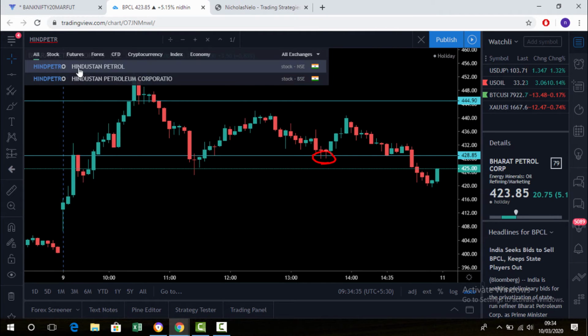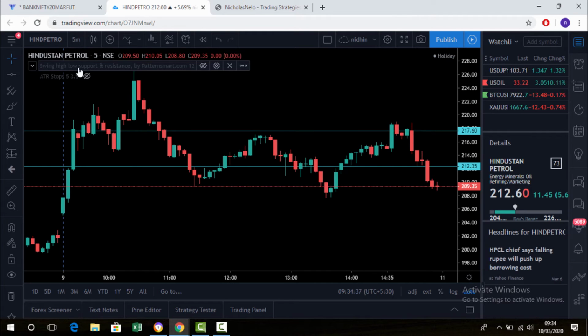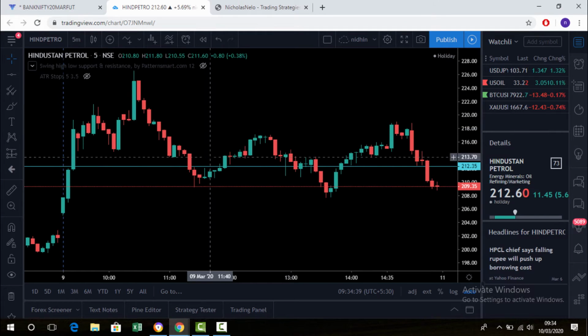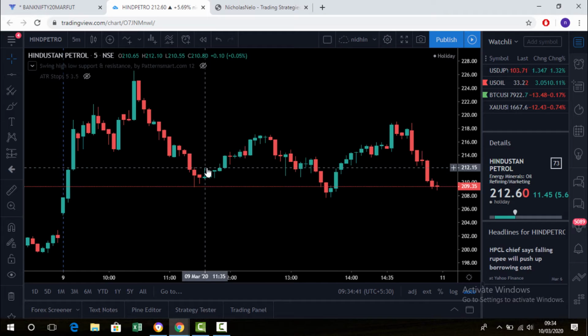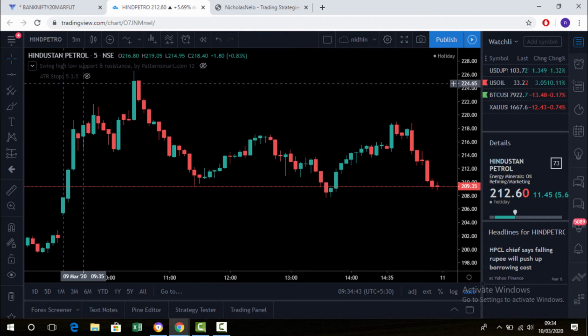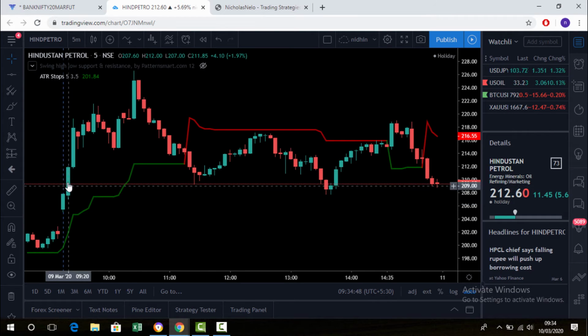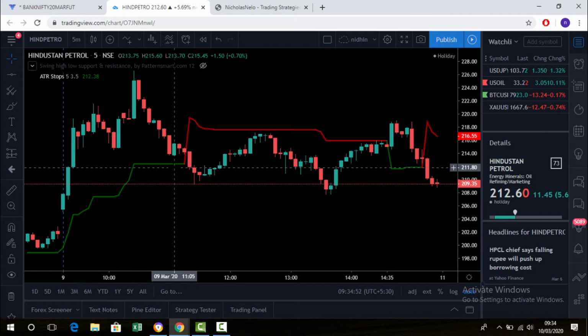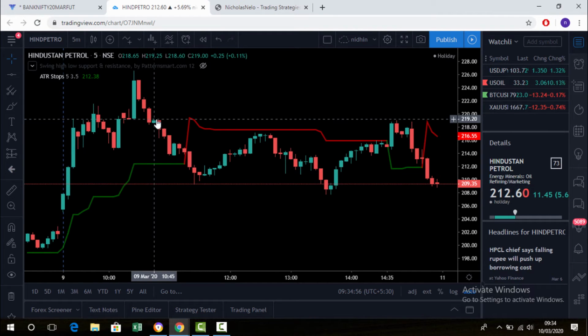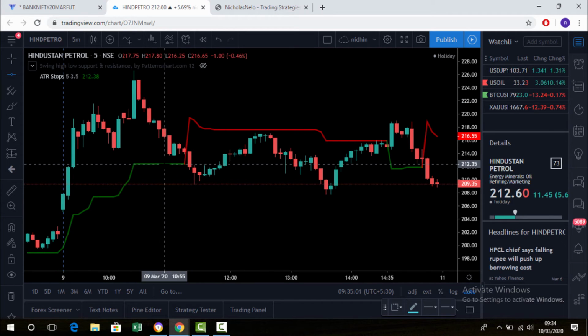You can check with any stocks. This is just an example. Hope you understand the strategy. This is not a super trend, this is an ATR stop. So just turn it on. The market opens here, and I'm using the 5 minute candlestick time frame. So here we got a support level. When the market is here at 1045, the line is flat. So whenever the line is flat, you just mark the level.